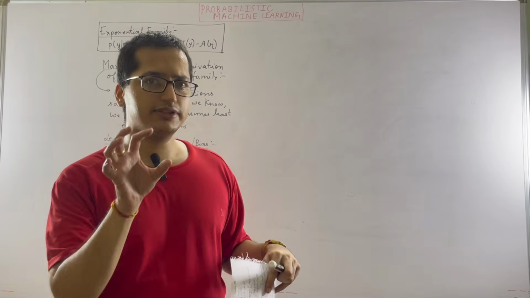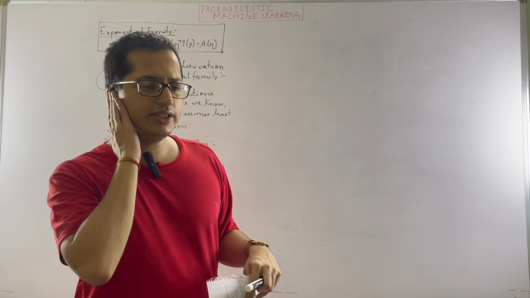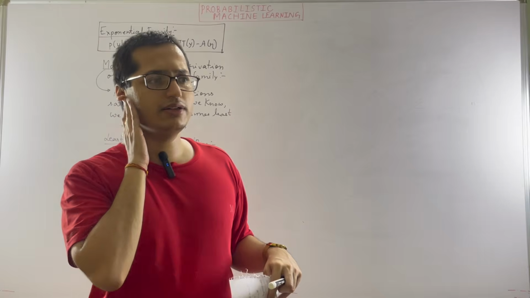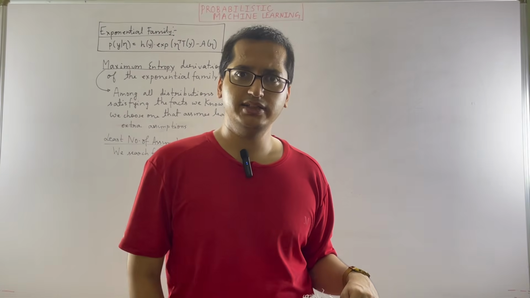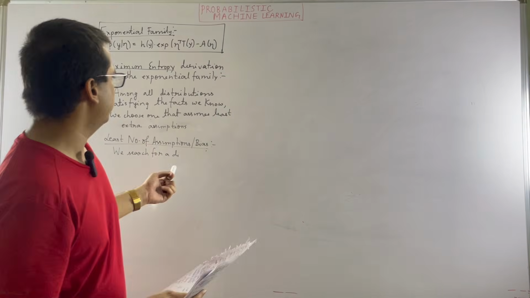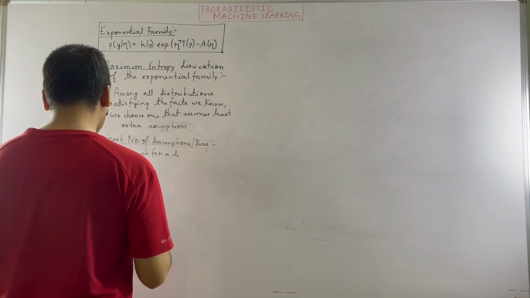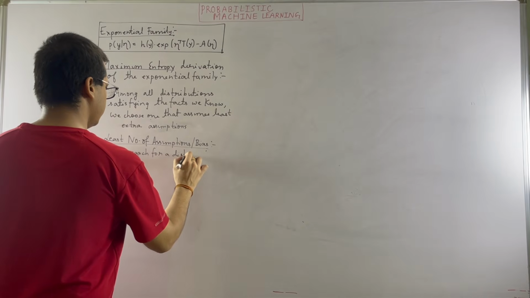For instance, let's say if I have some data about something, so when I make a conclusion, I'll try to make sure that I do not bring in much of my own bias, right? I will try to infer from what the data is given to me. So that is what we are trying to do, or that is what we'll do, right? Least number of assumptions means that we search for a distribution